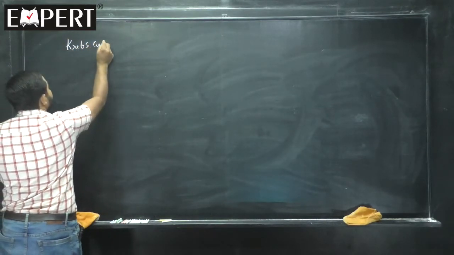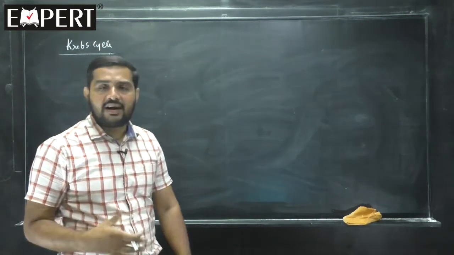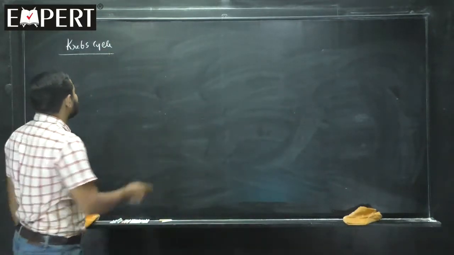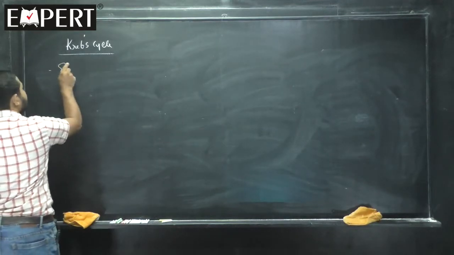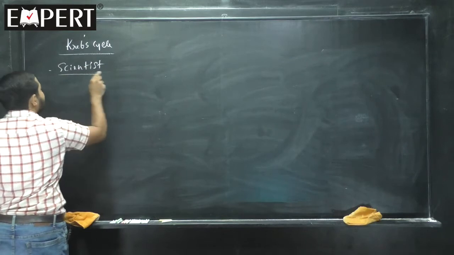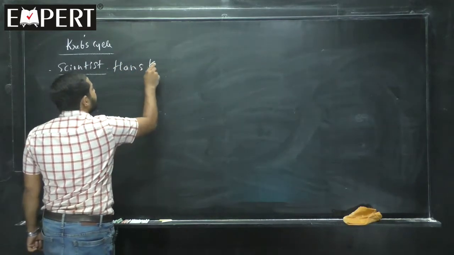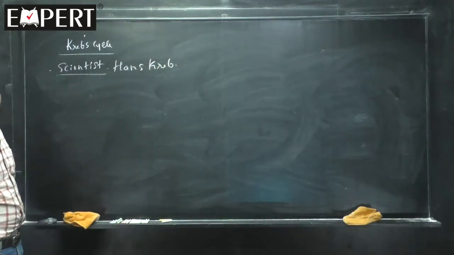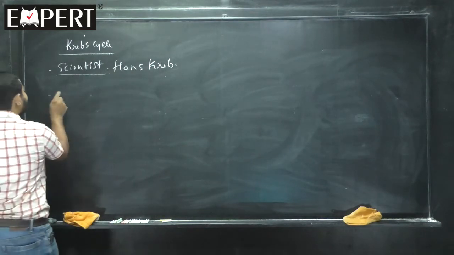Krebs cycle. Here more and more writing and practicing is required, so even I am writing on the board for that reason. Why Krebs cycle? Because the scientist who proposed this cyclic event is Hans Krebs. So, it is the Krebs cycle. Now, I will tell you the remaining names. It is also called